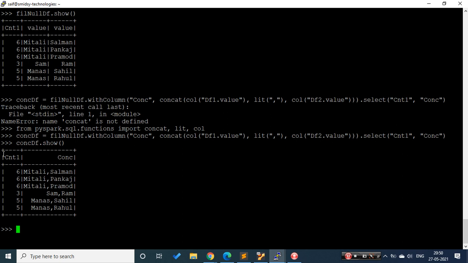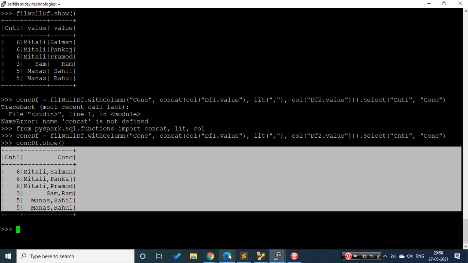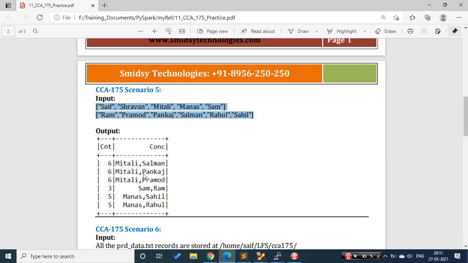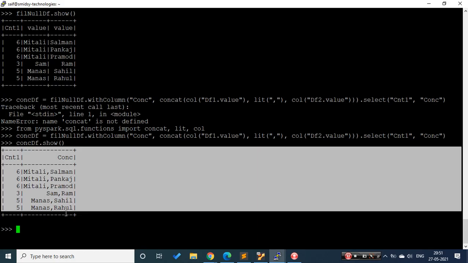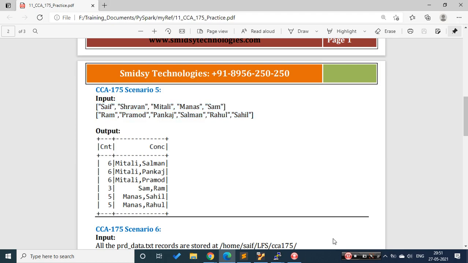So this is what they have asked us to do. Mithali, Salman, Pankaj, all those three are repeating, Sam, Ram, and Manas, Sahil. Looks good to me. So this is a couple of scenarios. So let's